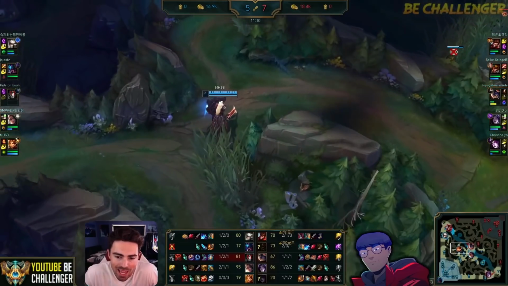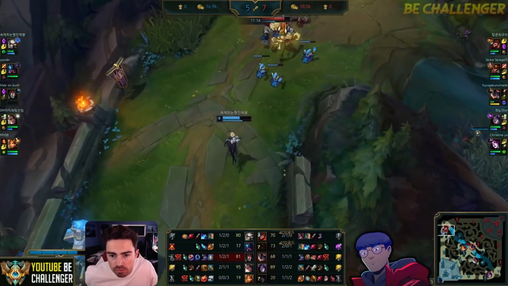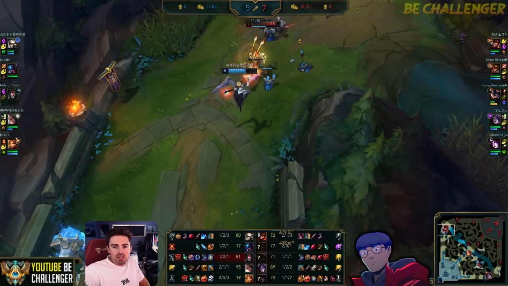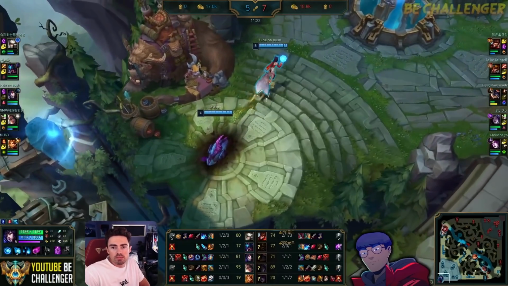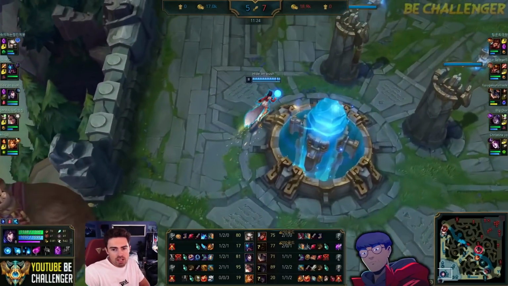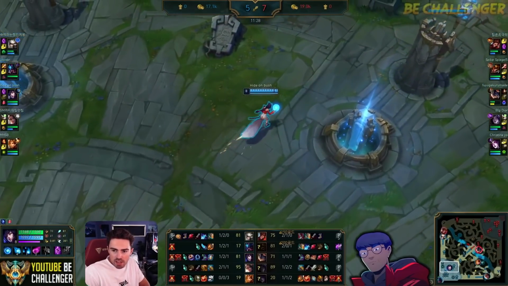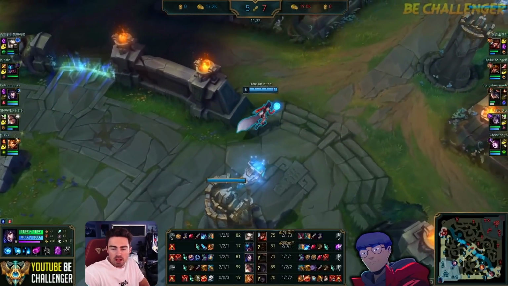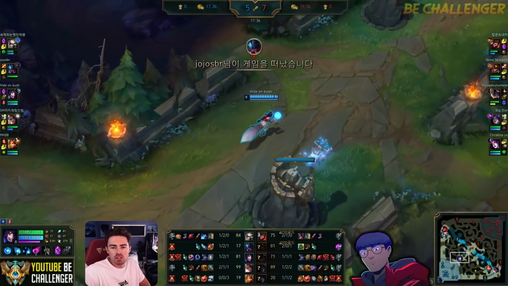Big Dior, my man. With the slight deficit in the bot lane, but it should be fine. I'm wondering what T1 is going to look like in 2021. I believe they dropped Effort, right? And they picked up a new support. Was it Kyria? I think it was. They might be having some roster shuffles